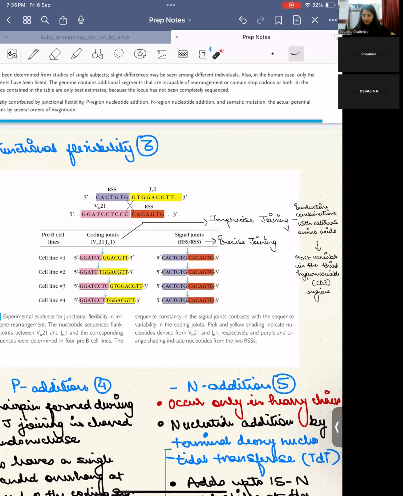In the productive recombination that people found, they saw that there are some alternate amino acids getting encoded rather than what is expected from the sequence of your primary transcript. And most of these alternate amino acids,